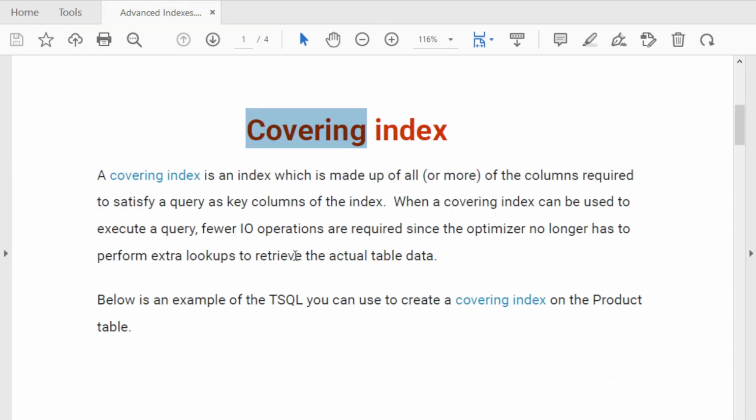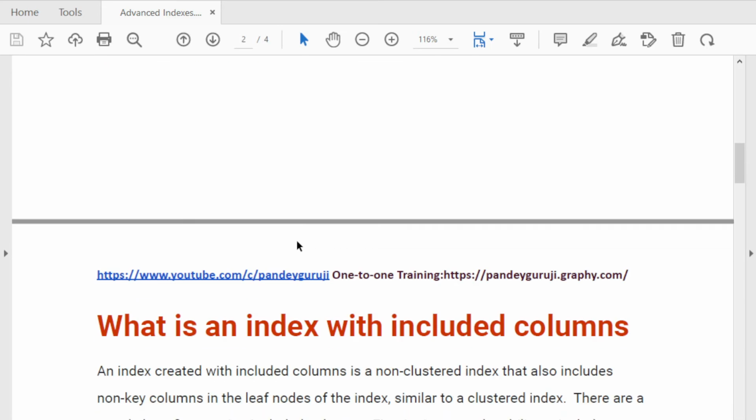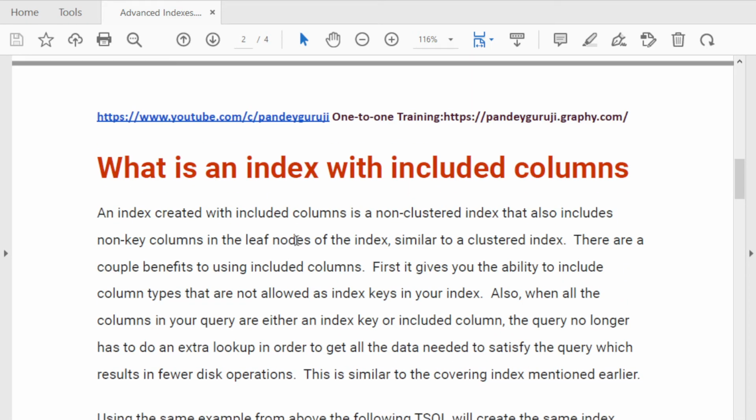Each and every column used in the code gets a non-clustered index, because we cannot create more than one clustered index, so we always need to go with non-clustered indexes. That is called the covering index.